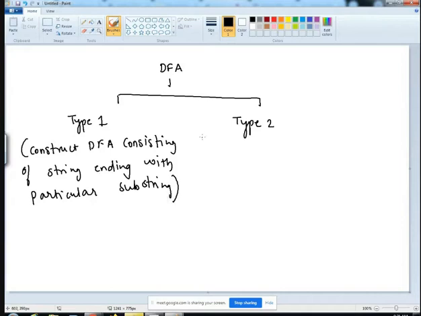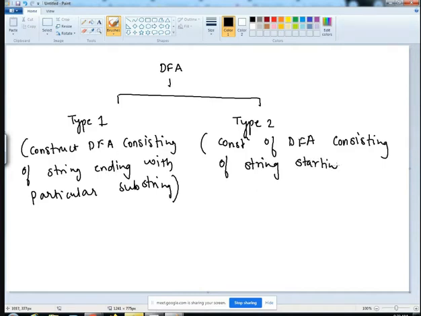And when you talk regarding the type 2 problem, it says that whenever we have to construct a DFA for a string starting with a particular substring, we can say construction of DFA consisting of strings starting with a particular substring.